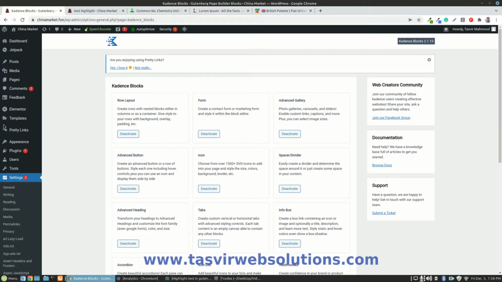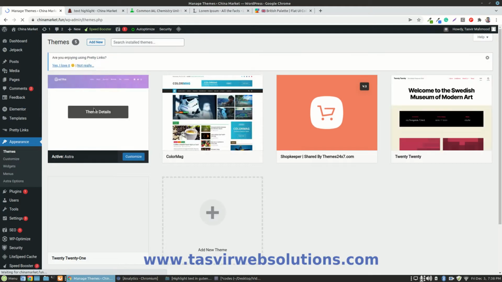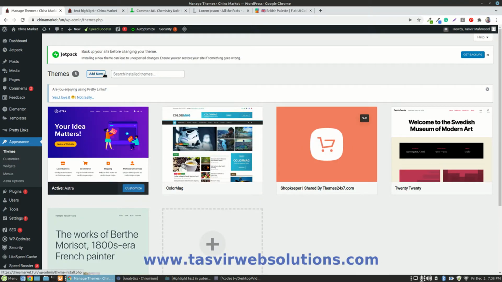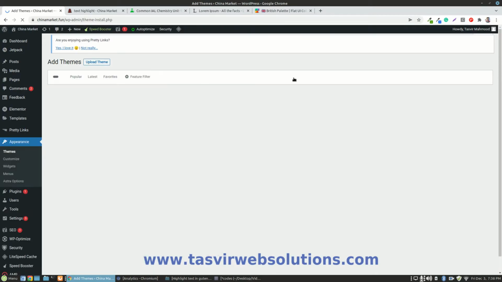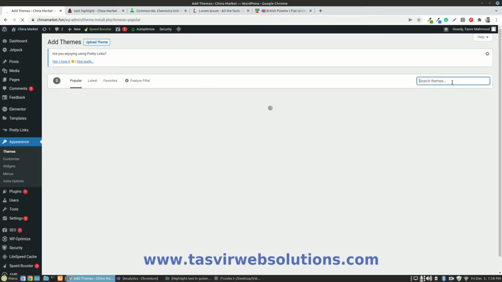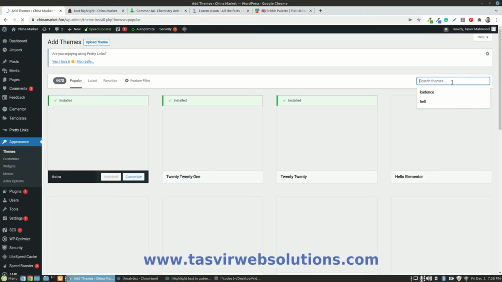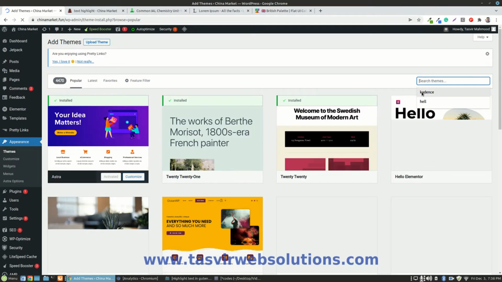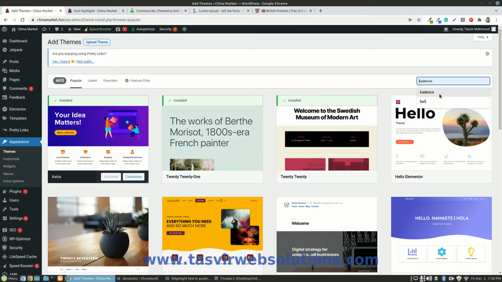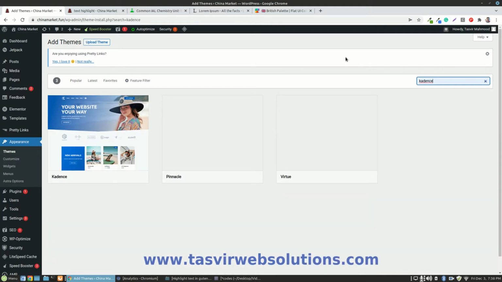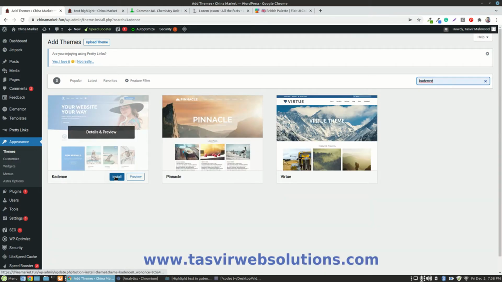Another thing you'll need to do is use their theme called Cadence theme. So let me add this one. Now search for Cadence. You can see Cadence. Just search for this one. You see it's called the Cadence theme.